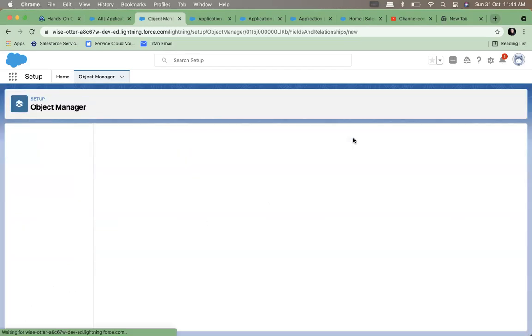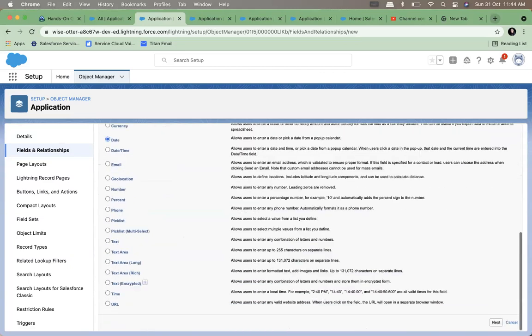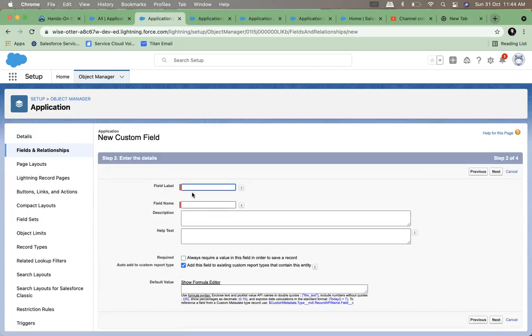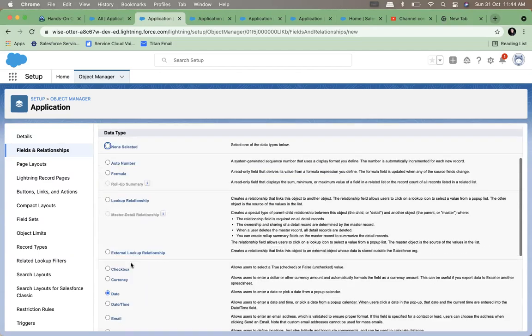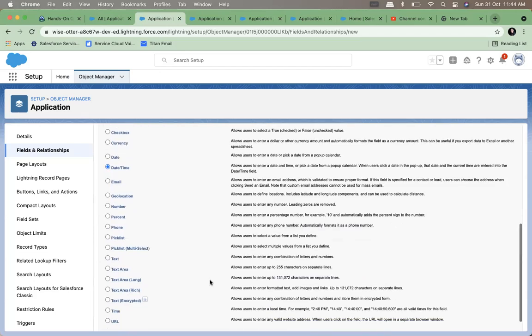Right. What else? I can create a date field, just a date. We can say exam date. Usually exam date should be a date-time type field because it also needs to show at what time it should start, right?